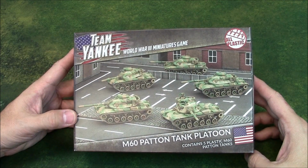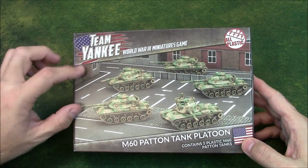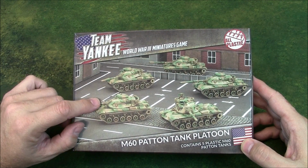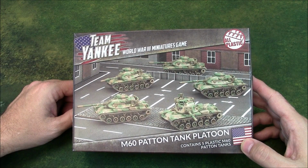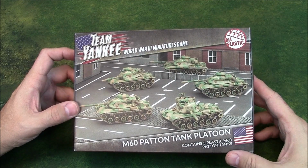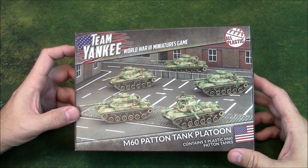So this is a continuing release from the Stripes, the US source book. We've already actually looked at the M60 as part of Ryan's Leathernecks, which is the starter box set that came with 3 of these, as well as 6 of the HMMWV Humvees. So this box set, though, just released this week and contains 5 and lets you flesh out your